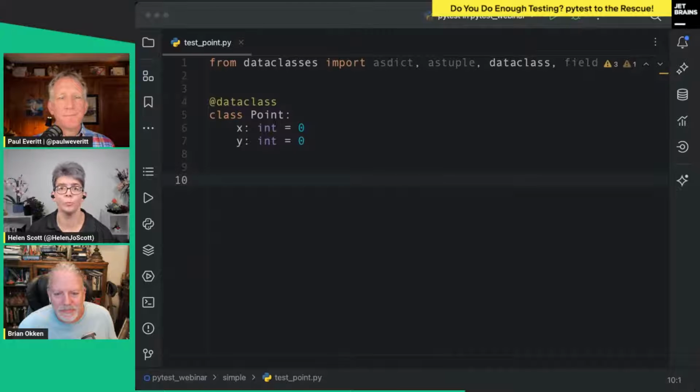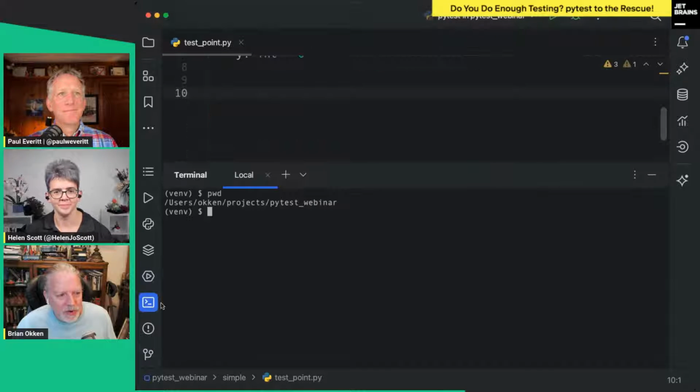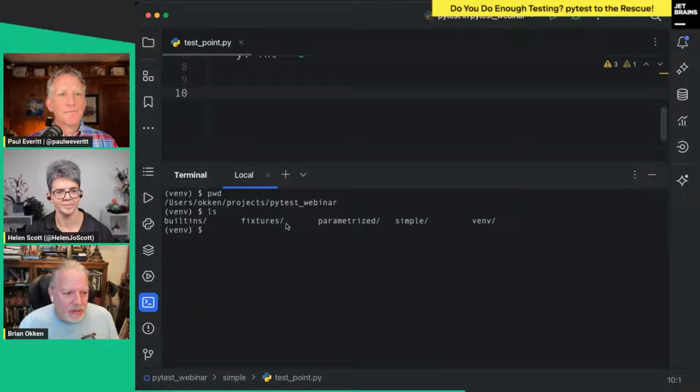First up, Brian is going to talk about simple test functions and files. I quite like simple. That's just me. So, Brian, you're going to start close to the beginning or at the beginning, right? Yeah, I guess it's close to the beginning. So I've got my PyCharm screen up, and I've already done some pre-work. So I've got some code in a directory. Let's see what we got.